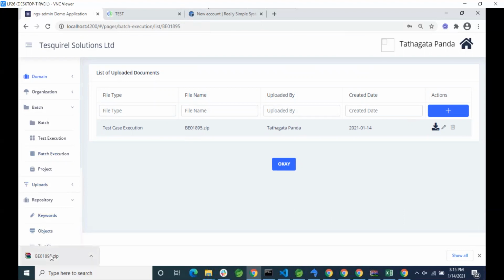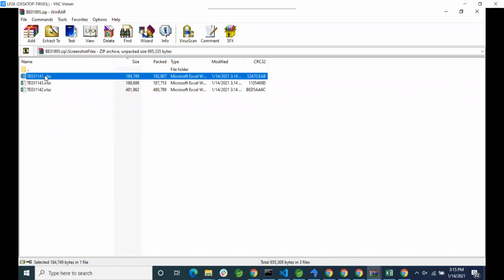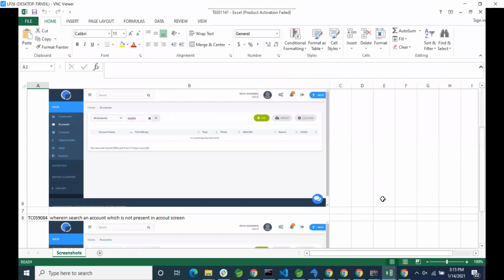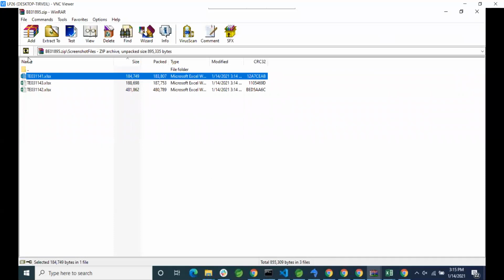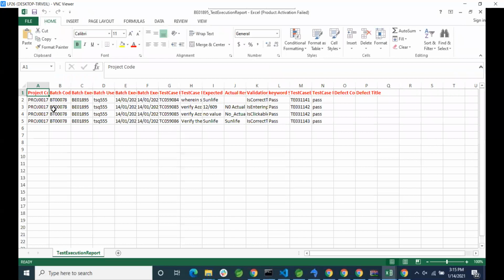And we can also open this downloaded zip file, and there is a lot of information present here, the log file, and if there are any exceptions. And then we can see the screenshots, because the system will take screenshots at each step. Once the screenshot is done, we will also verify the test execution report, which says whether the test case was pass, fail, and other information. So all this information we can see.